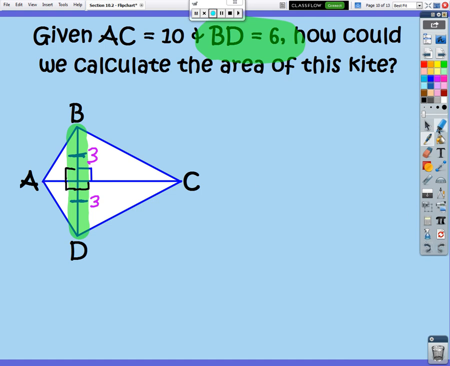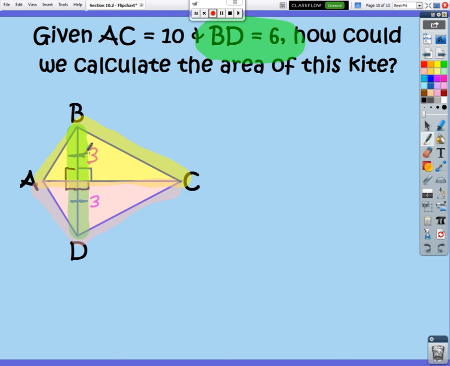So instead of looking at a kite as 4 separate right triangles, we're going to look at a kite as 2 triangles. And we're going to look at it in such a way that we have to look at it as 2 triangles that will have the same area. Because if you now look at these two